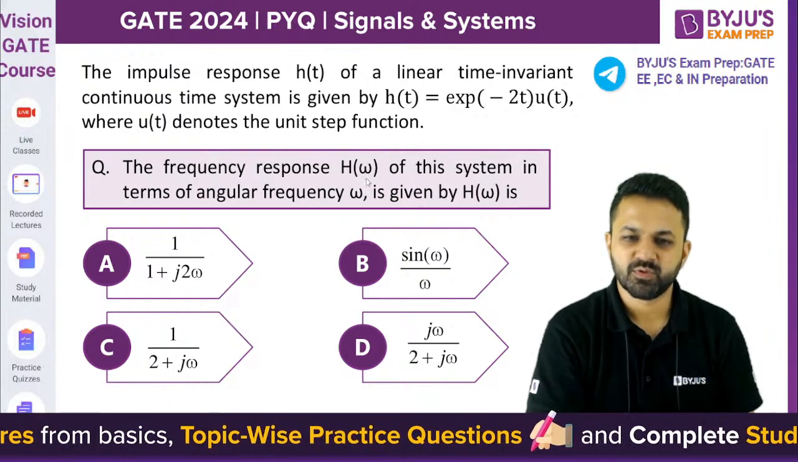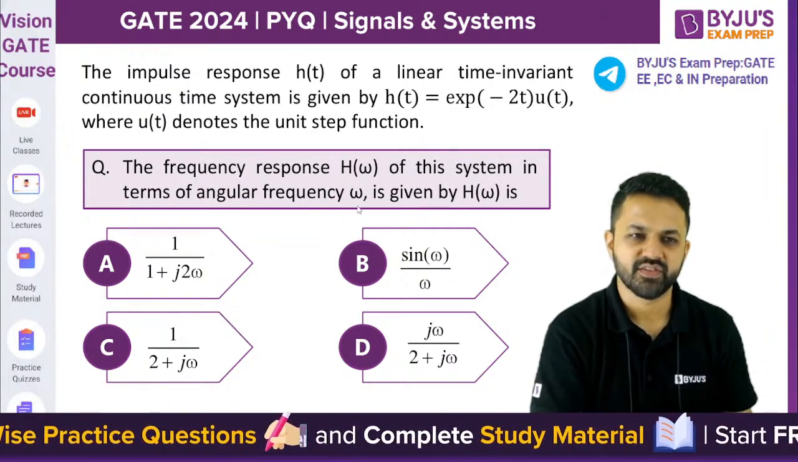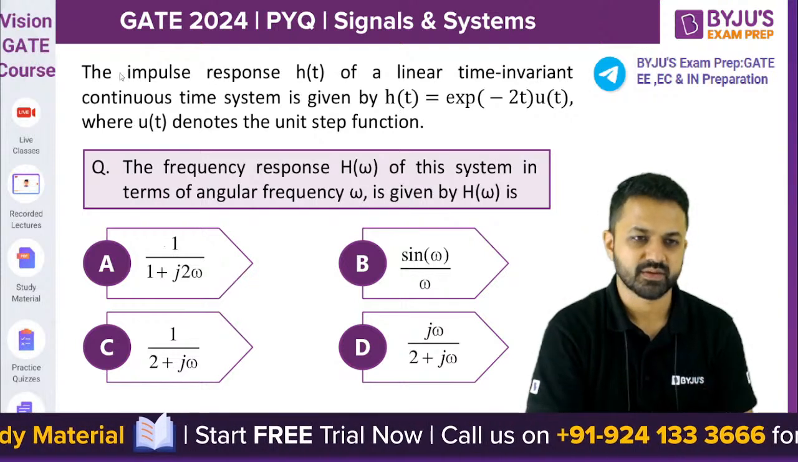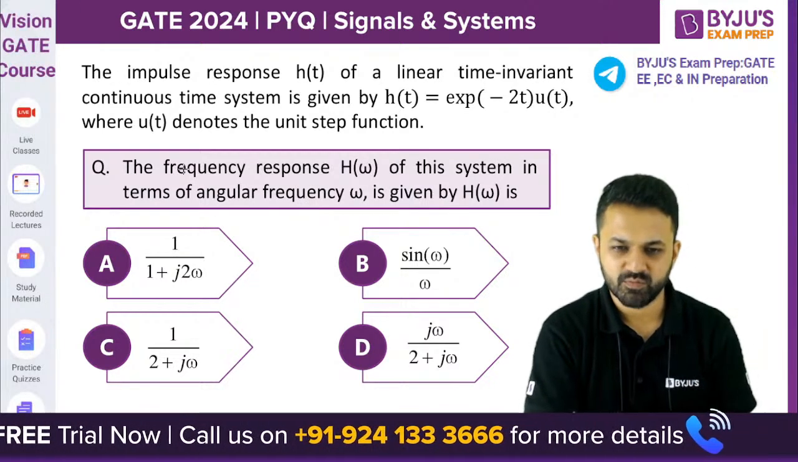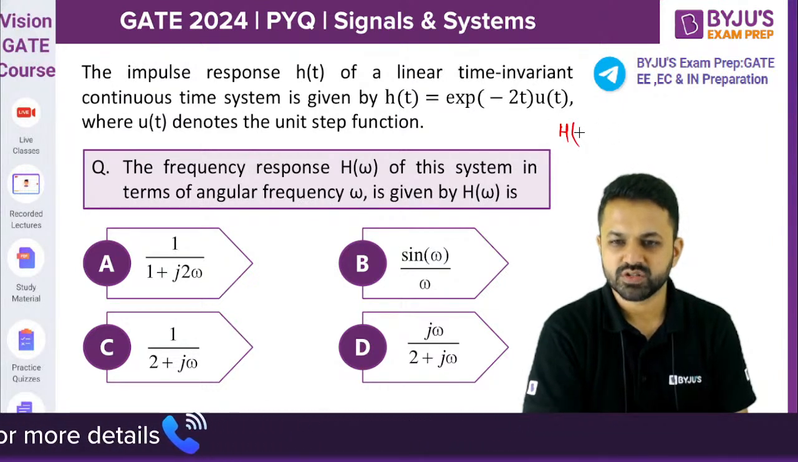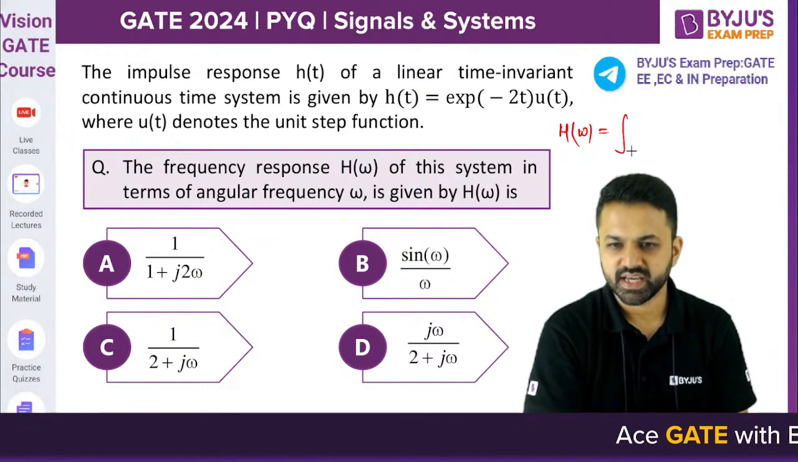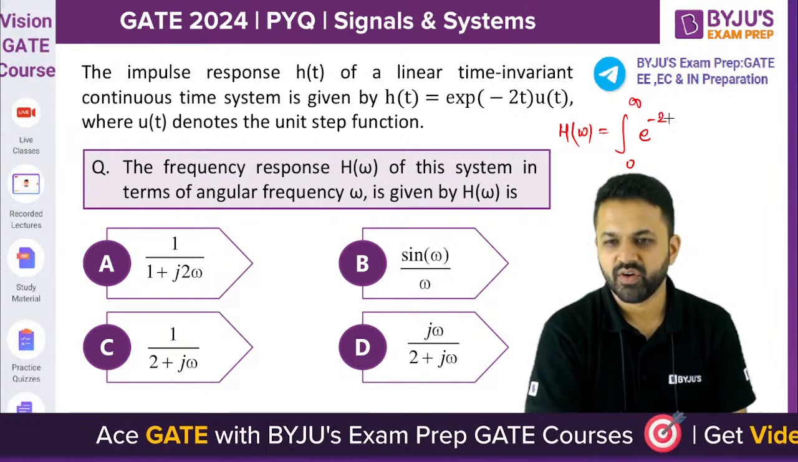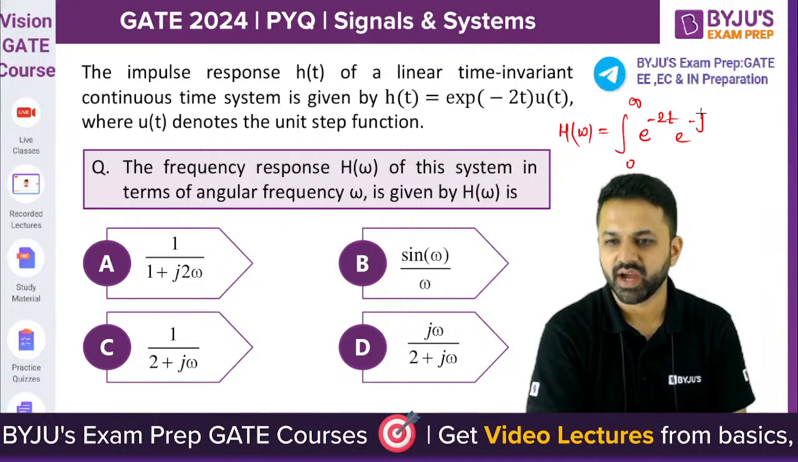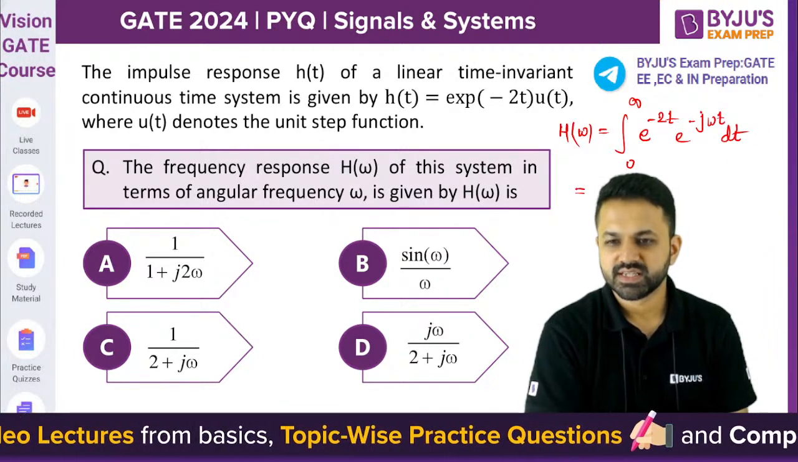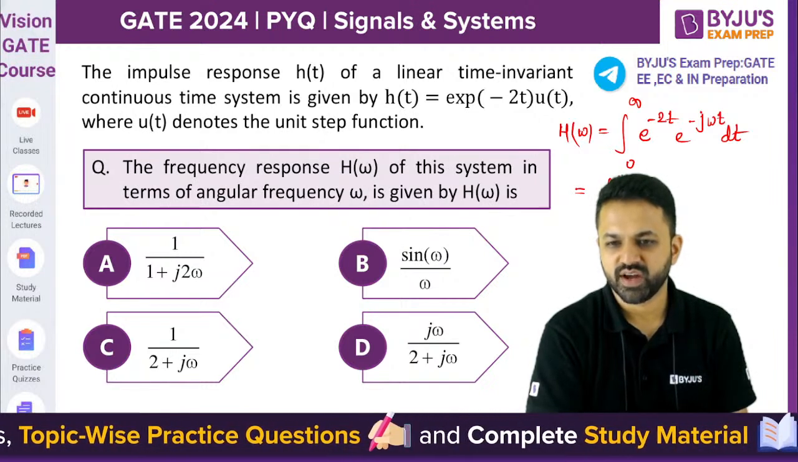So the frequency response H of omega, h of t is given. So what will be the frequency response? The frequency response is nothing but the Fourier transform of this. So to calculate the frequency response, you can calculate the Fourier transform of this signal, which is integration from 0 to infinity, because it is given as u(t) e to the power minus 2t e to the power minus j omega t dt. So this is nothing but 0 to infinity e to the power